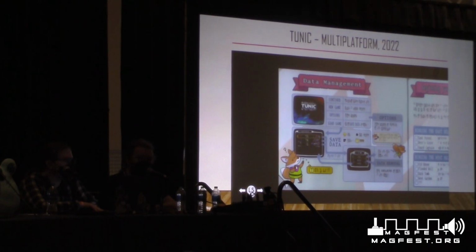In Tunic, the manual for the game is diegetic. It's part of the game itself. And when you start the game, you don't have a manual. You're finding the pages of the manual as you play through the game. And as you can see here, the manual is cryptic. It's conveyed in kind of a cipher. There's this fake language. There's also some English text. And then there's also